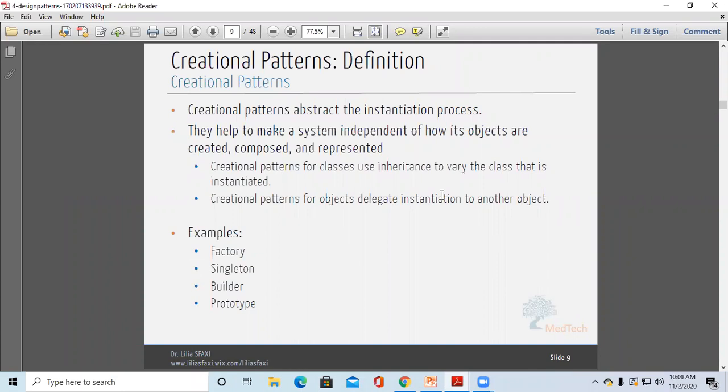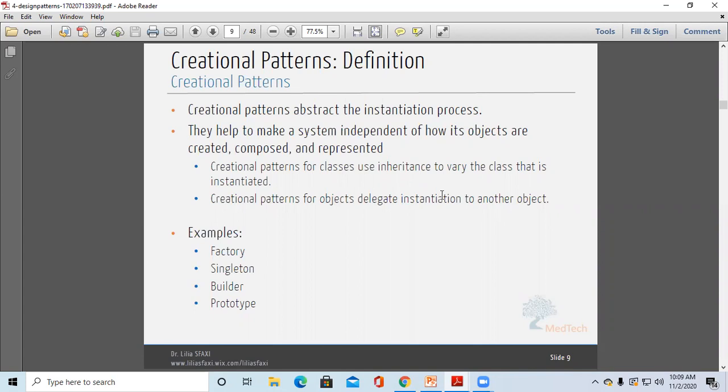Okay, that is the definition of creational pattern. What are creational patterns? Creational patterns abstract the instantiation process, the starting process, of your software design. They help to make a system independent of how its objects are created, composed, and represented.